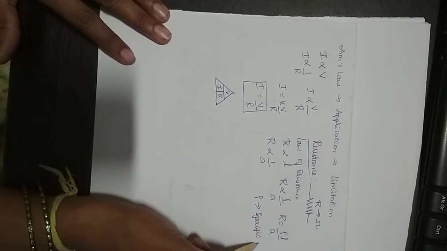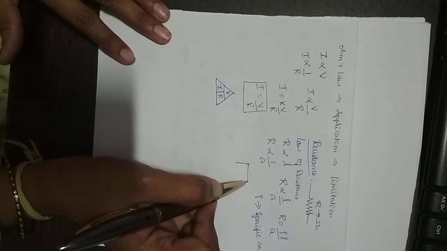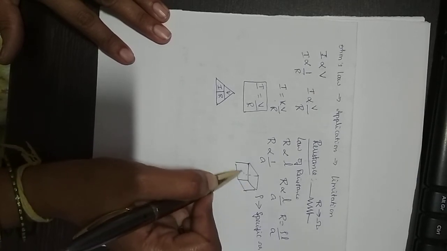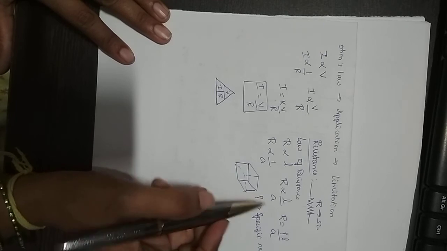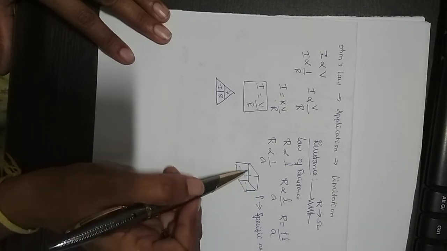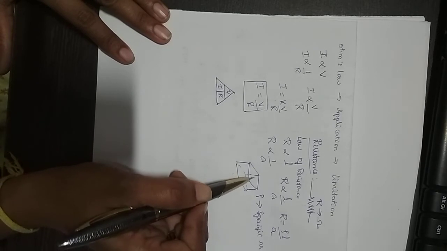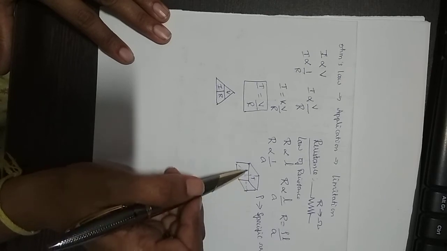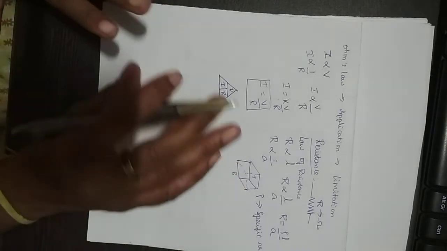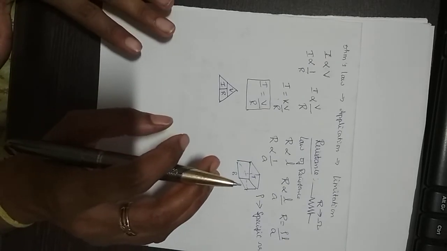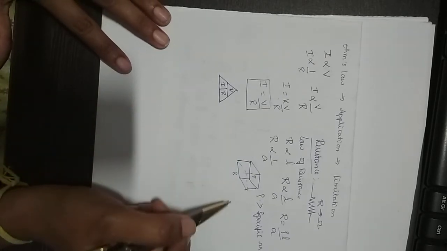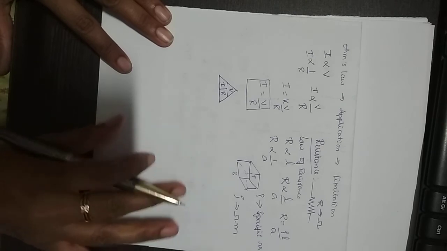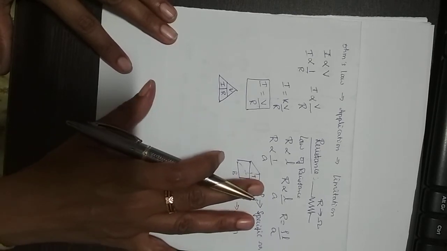What is the meaning of specific resistance? So when we consider cube, so this is a rectangular. So specific resistance is the resistance measured between two opposite faces. It may be top, bottom or two sides. So that should be opposite faces of the material taken in the form of cube of 1 meter side. So it is denoted as rho and unit is ohm meter. So this is the specific resistance and law of resistance.